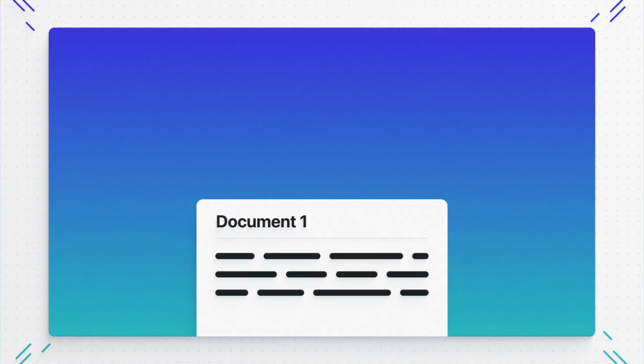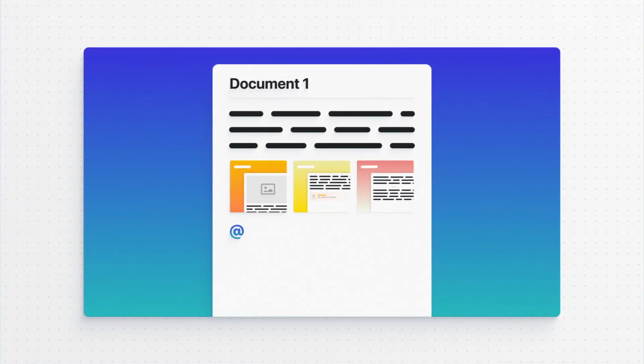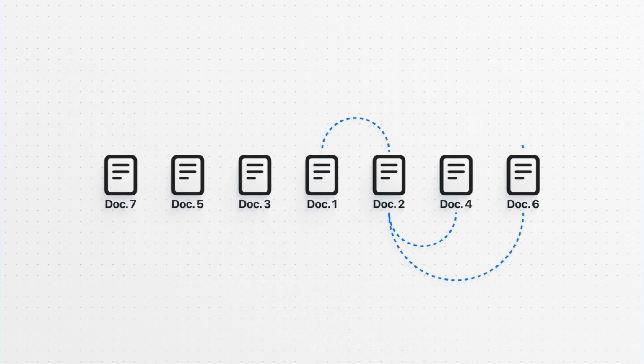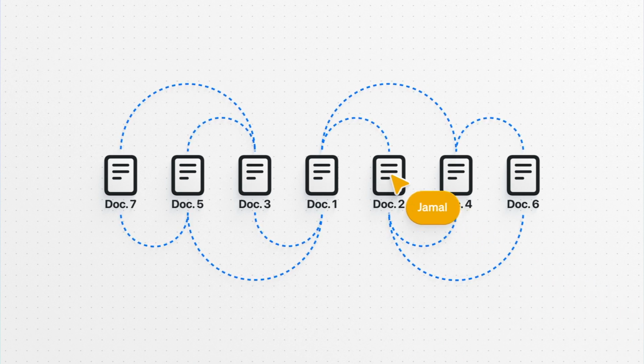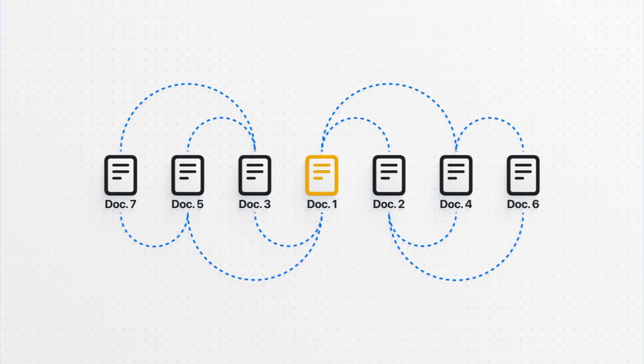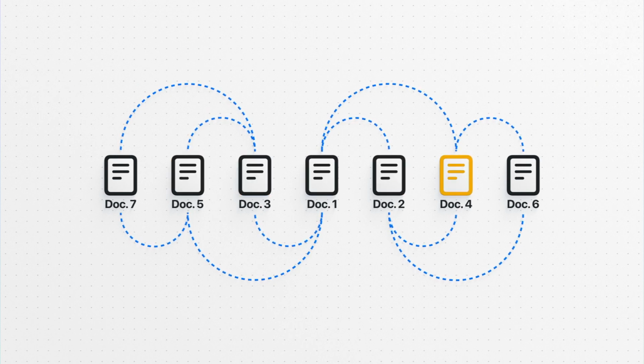The beauty of working in Craft is the ability to connect all of your documents together. You can use links and backlinks to refer to earlier work, provide context, or even build databases of information for your team. It's easy to navigate between documents with backlinks in Craft, allowing you and your team to instantly get